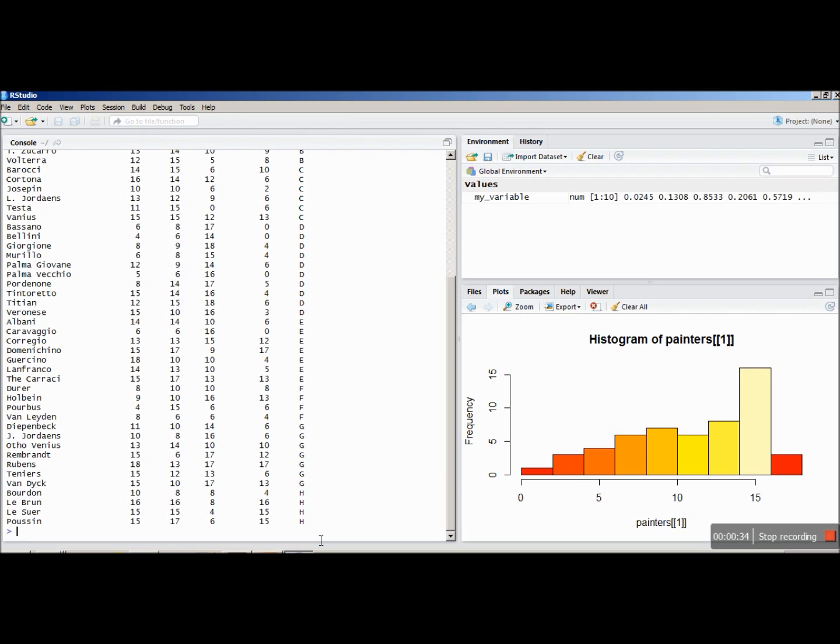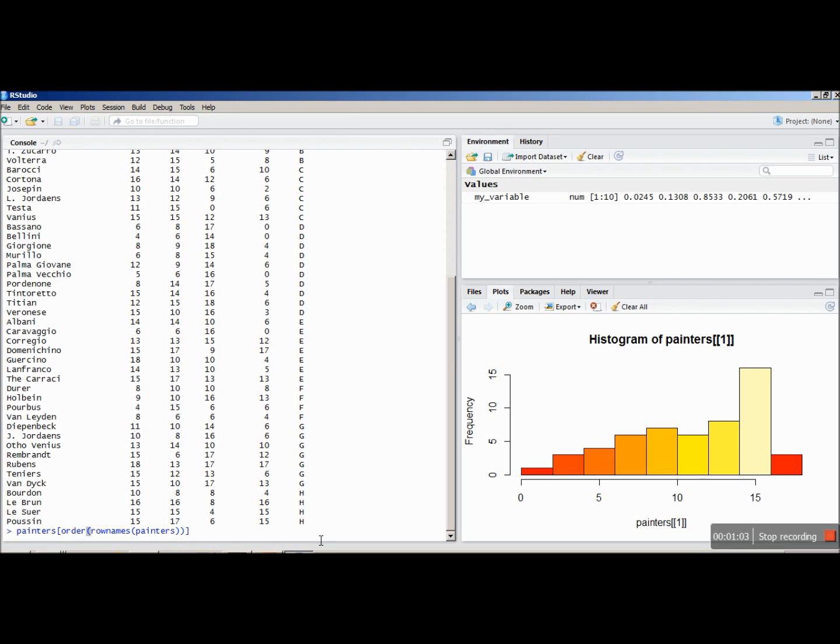First of all, I need to sort the whole painters data set, so I write painters, and inside the bracket I can use a function called order, and I need to order the data frame with respect to the row names. So I can just say rownames(painters),